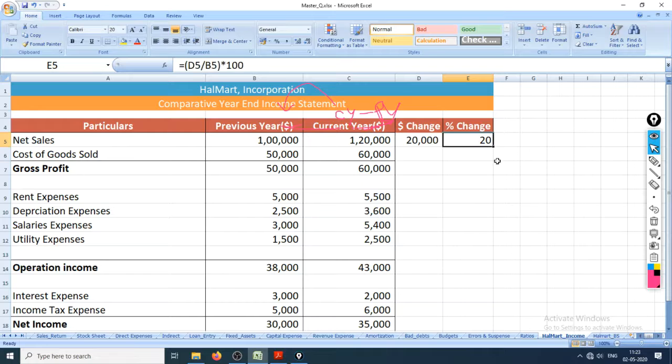Right here you can see the change in percentage, that is 1 lakh is changed positively by 20%, hence increasing to 1,20,000. If you still did not get it, 1 lakh plus 1 lakh into 20%, gives 1,20,000. So this has basically increased by 120%, or there is a change of 20%.